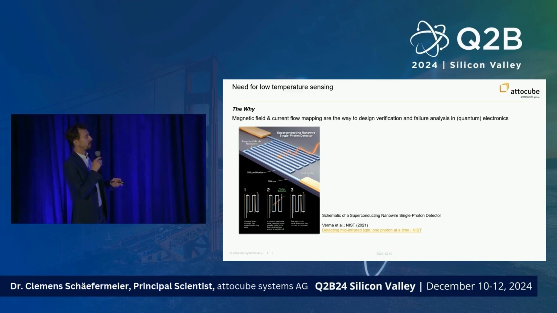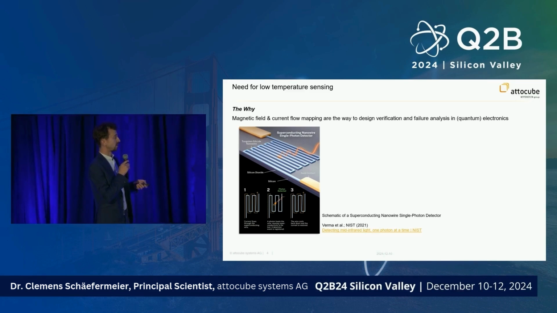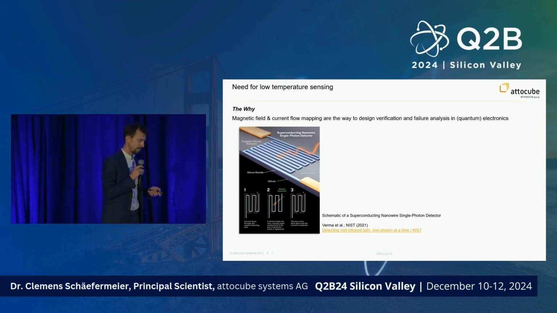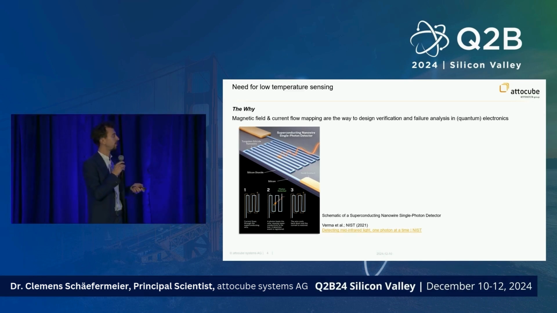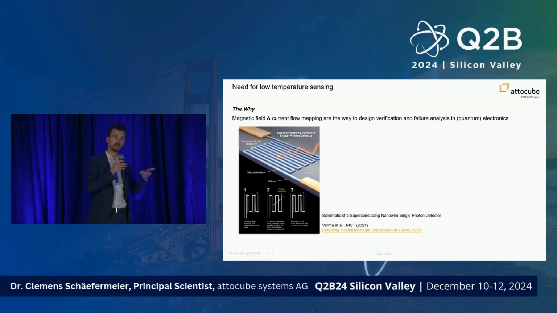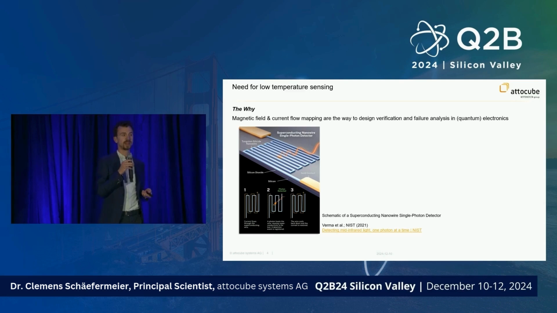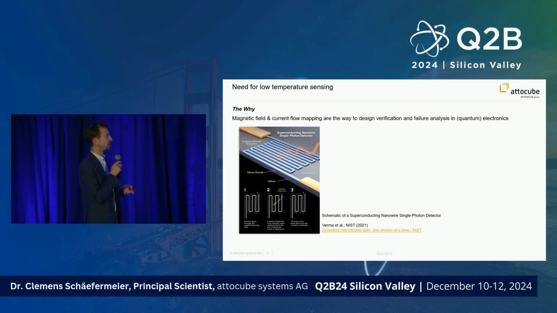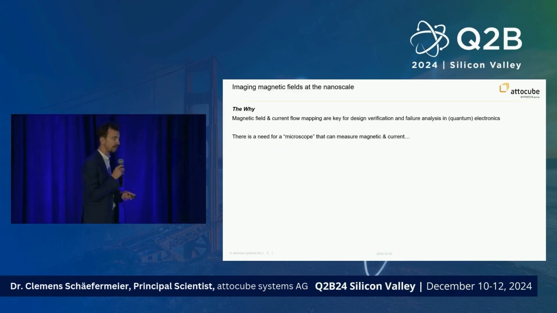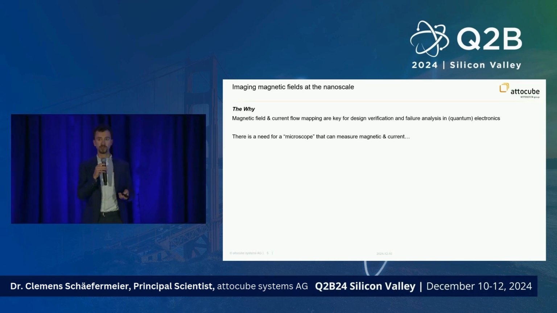However, if the device has an issue, or there's a leakage, or the superconductivity is not as directed as you would like to have it, you throw the device away, and you don't even know if the way you thought it's designed is reflected in reality. Again, a use case where a scanning magnetometer would be rather beneficial. So I tried to delineate some use cases where quantum magnetometry at low temperatures is useful.